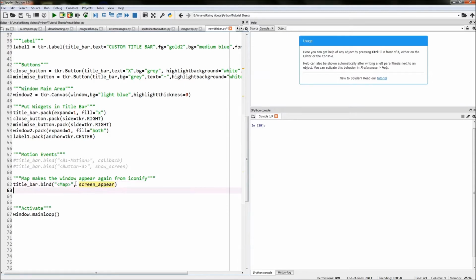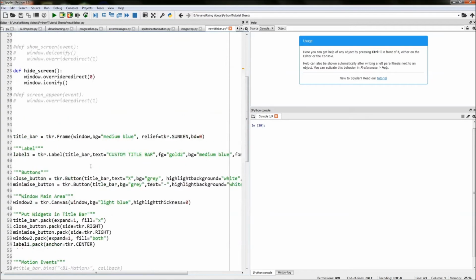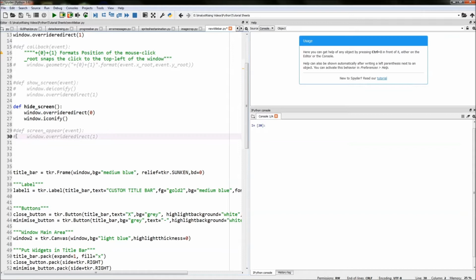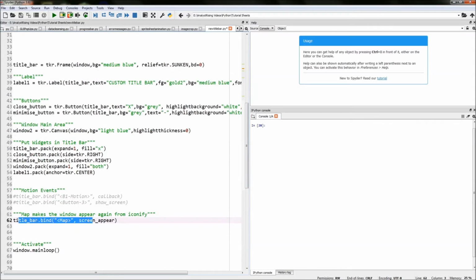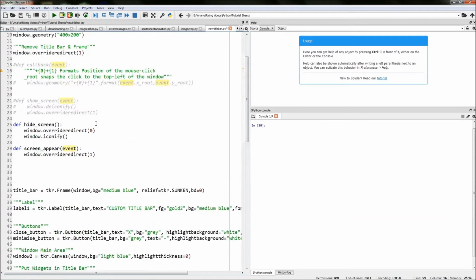So what we're doing here is we are mapping an event with the keys or the actions or the mouse to the screen appear function. So what we need to do now is create this screen appear function. And how we do that is if you go above where we created everything, we type in screen_appear, copying the name, and then in brackets we type in event, and then colon. We have to put event in there because we're linking this to an event. This whole thing is an event binding. And then in the function, we type in